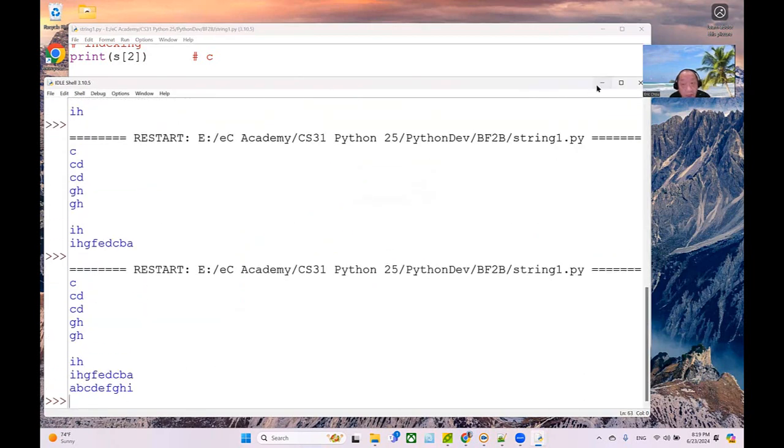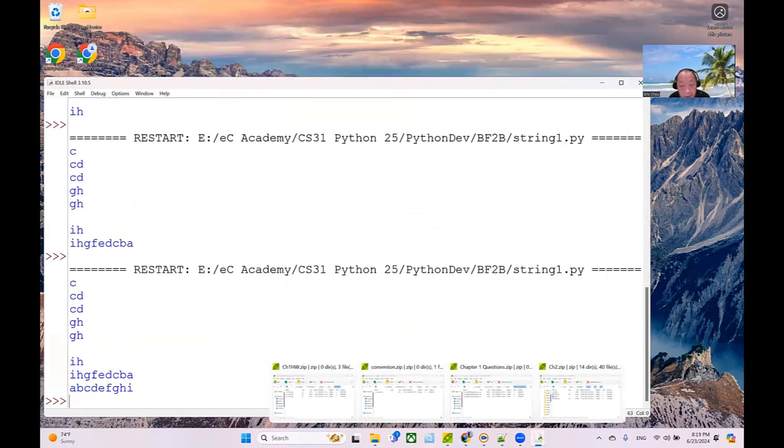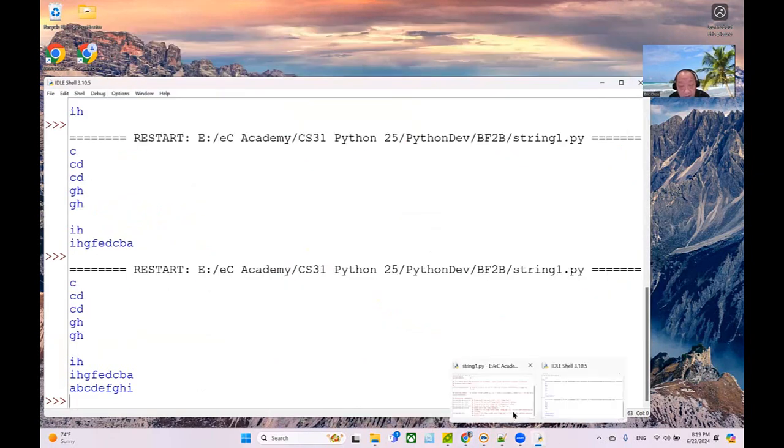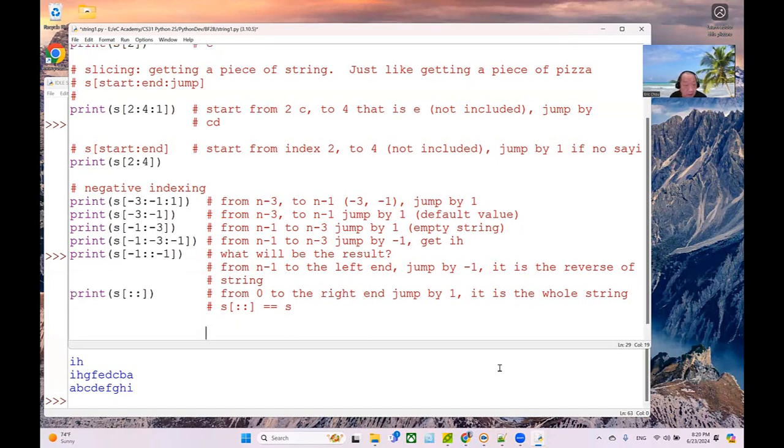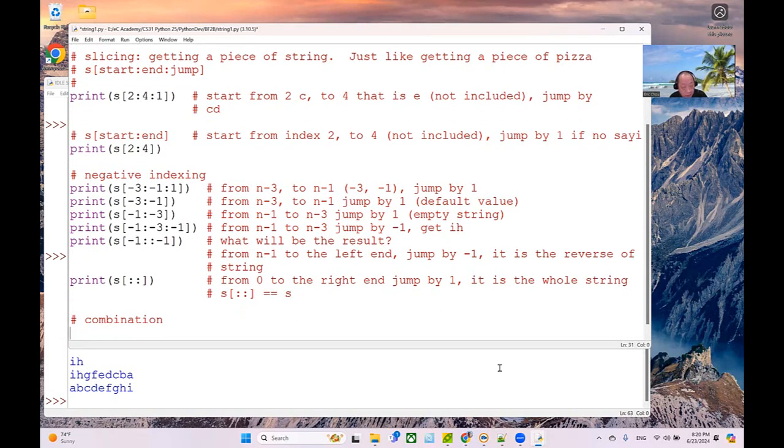Okay, so A to I. Be careful, this one may not be useful because you never do this, but it will give you some idea. Now, combining the jump number and the reverse index, a combination. Okay, so we do have print